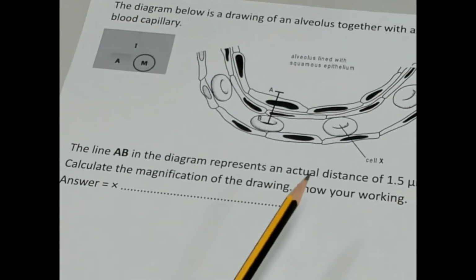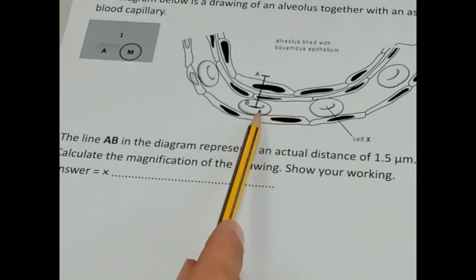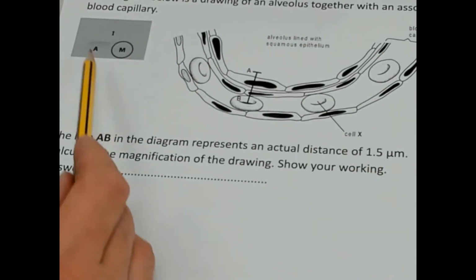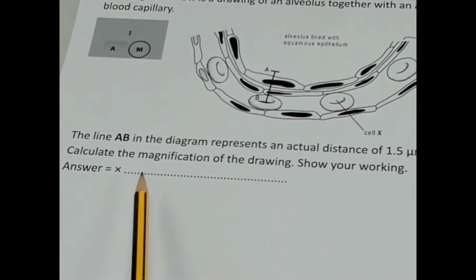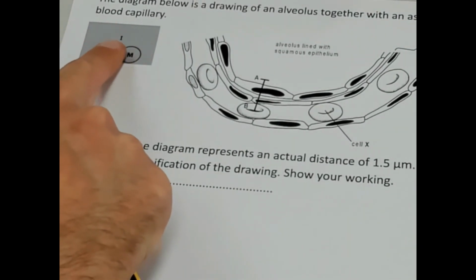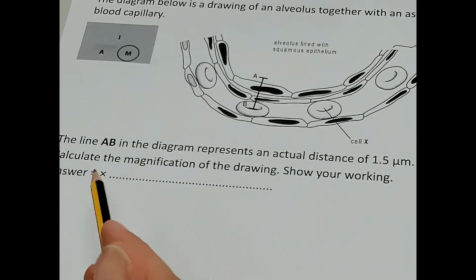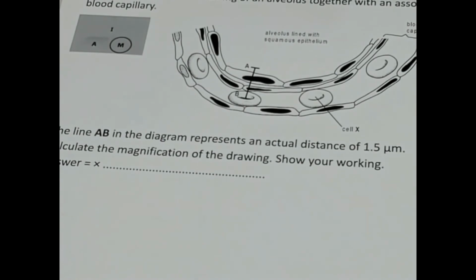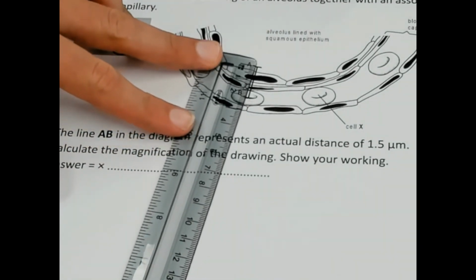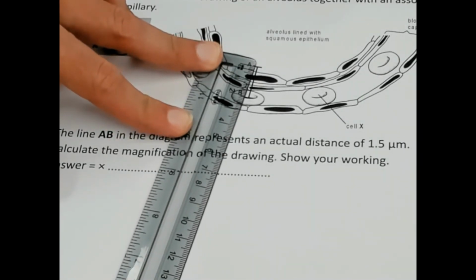Okay, let's see what they give us as information of the question. The line AB, that's that line over there, in the diagram represents the actual distance. So they've given me actual distance. Calculate the magnification of the drawing. So I'm going to put my finger over M, and I'm going to need to measure something because I have I over A now. Okay, they want the magnification. So I'm going to find out what the image size is by using my ruler, and I'm going to go and calculate that now. And that looks like it is around about 2